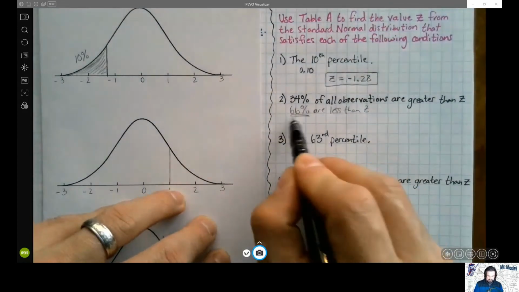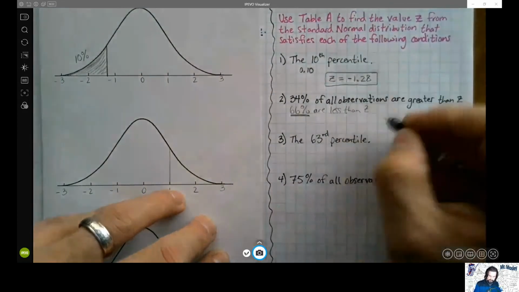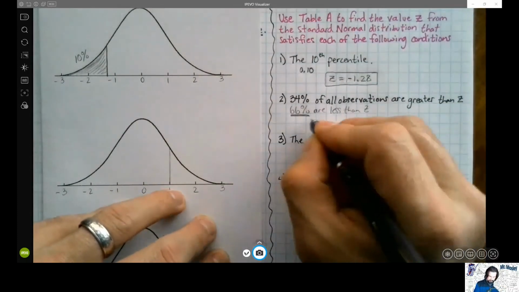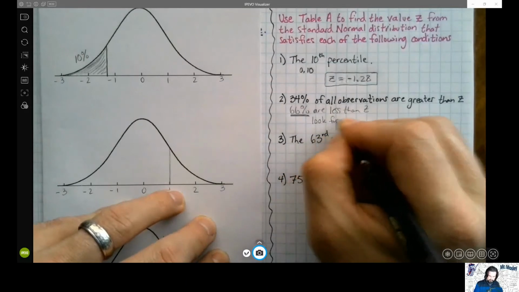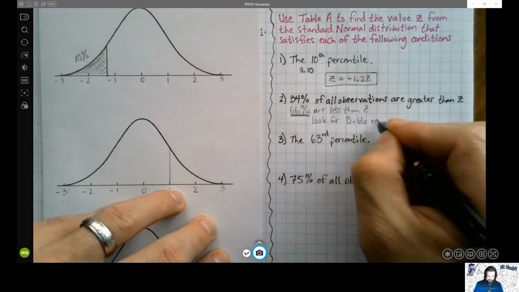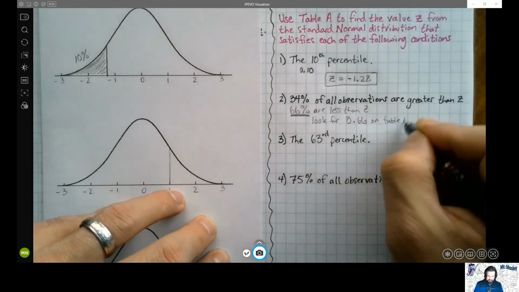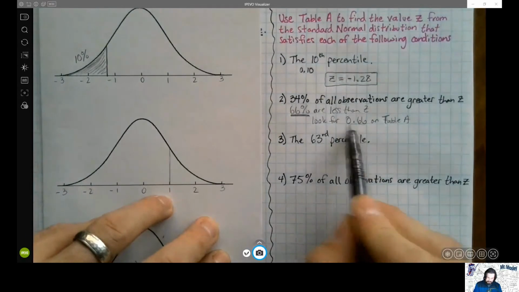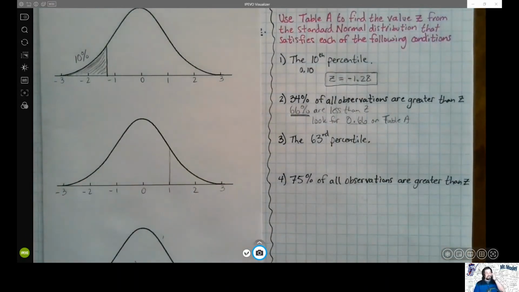Right? This is what we need. So we're going to look for 0.66 on table A. Right? I want this guy. I want to know if I find what's less than, it's going to tell me by default what portion is